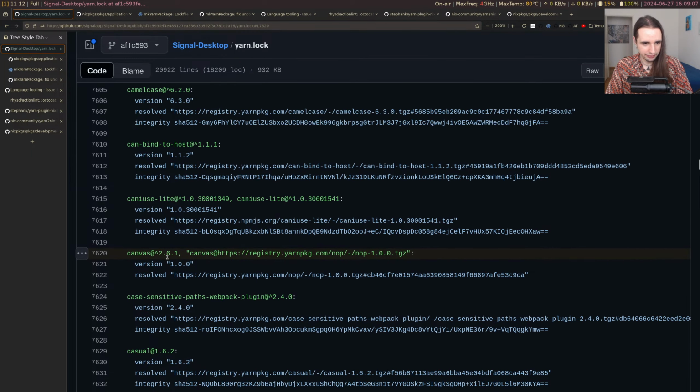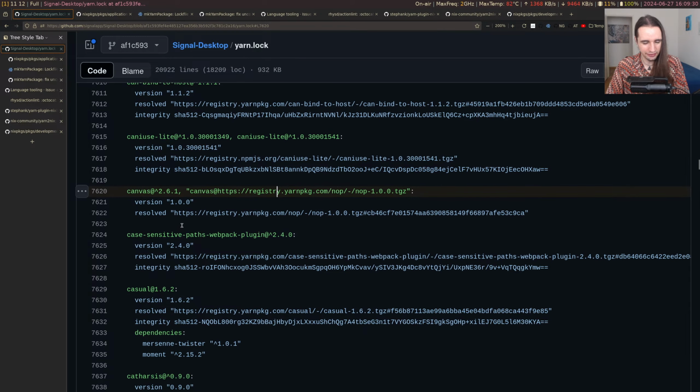These here, oh, I see, they don't have an integrity field. And why might that be? Registry yarn package NOP. Canvas NOP. What is that? Seems like something odd here. Maybe it's something that Yarn supports